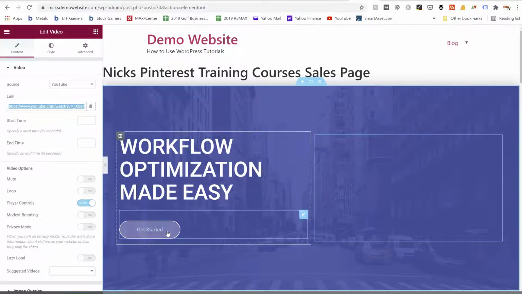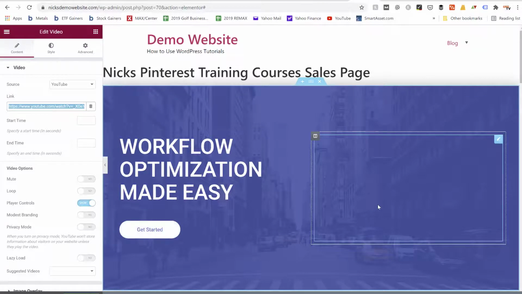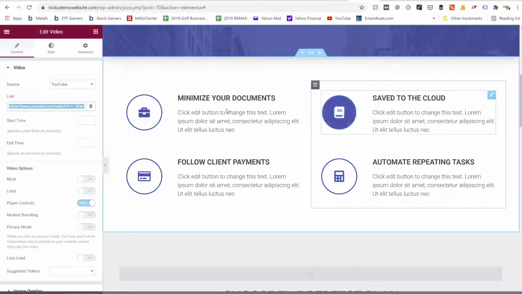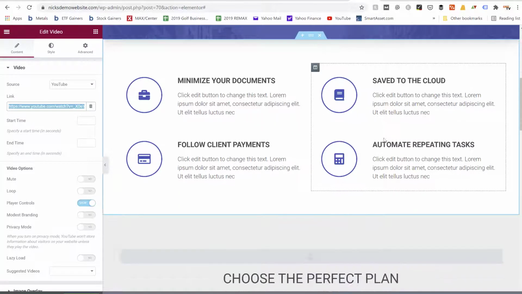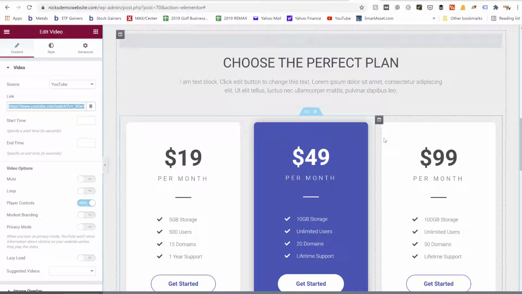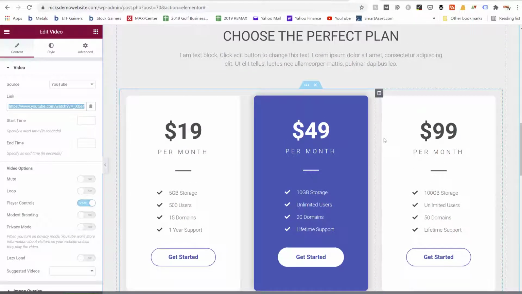So we've got a button that would take them down to the checkout area. We've got a video that walks them through what the product's about or the service that you're offering. Then we've got some features here that they can read to understand what they're getting. As they scroll down here, in this case, if I was selling my Pinterest course to show people how they can get insane amounts of traffic for free from Pinterest,